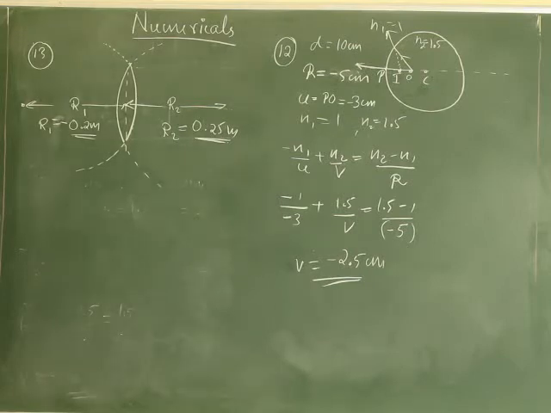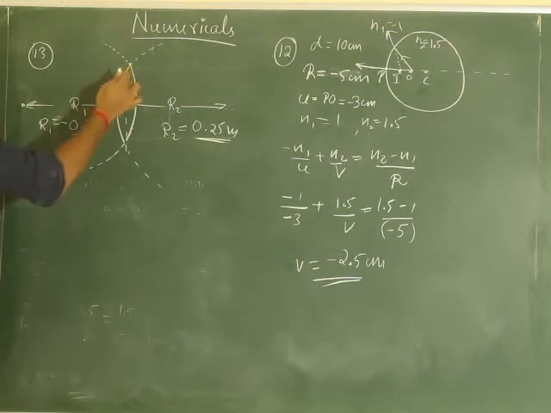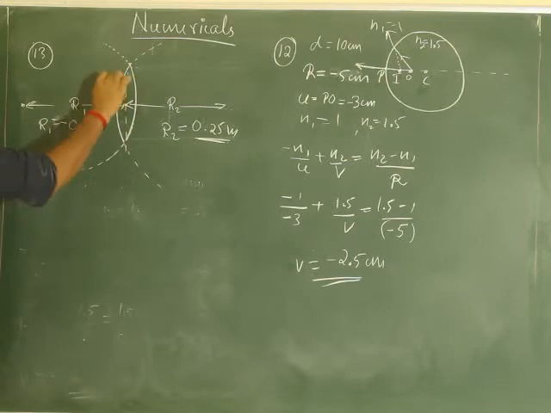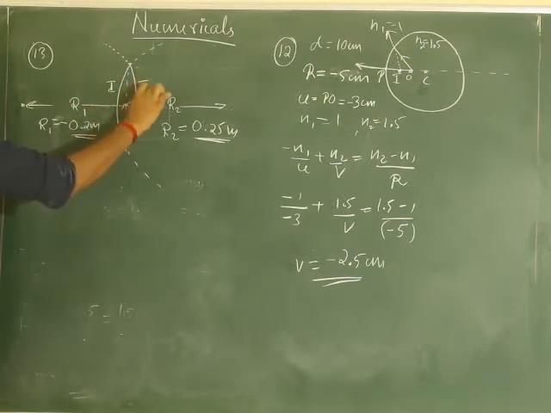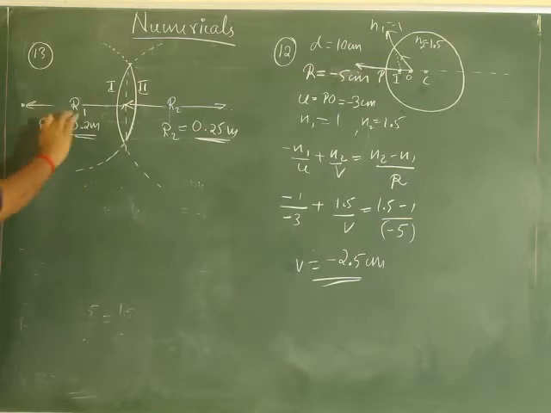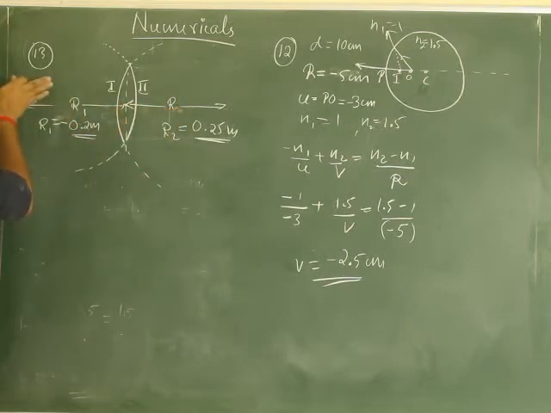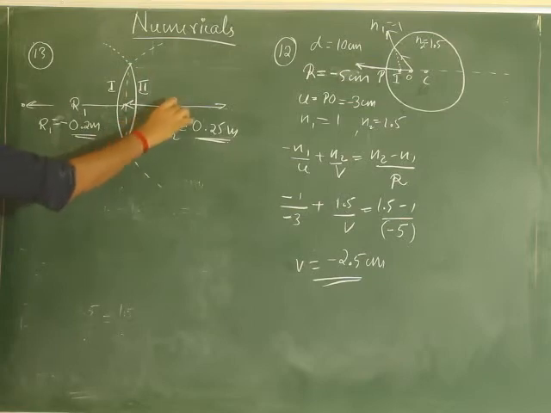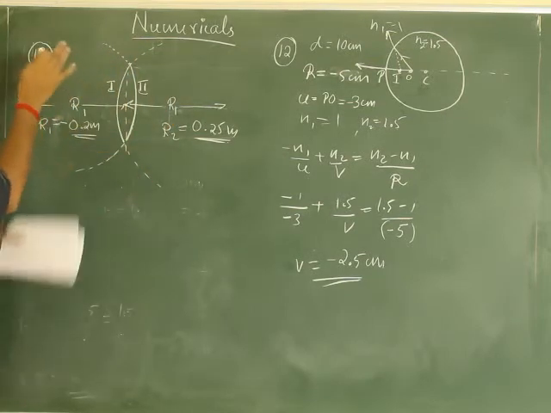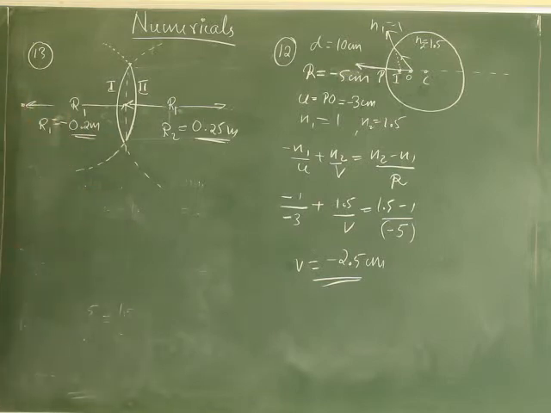It depends on how you have taken. Now the first face is this one, right, this side. Second face is this side. Because in the derivation I have taken R1 this side, R2 this side. I hope you remember that. Now I have written R1 this side, R2 that side. It depends on how you are going to take this. So what I do is I will take this one as R1 now, so that when you see from this side, this is the first face of the biconvex lens. So let us take the radius of curvature of that one as R1 itself, so that the whole numerical will look exactly like how we have done the derivation. So nothing to worry about that.